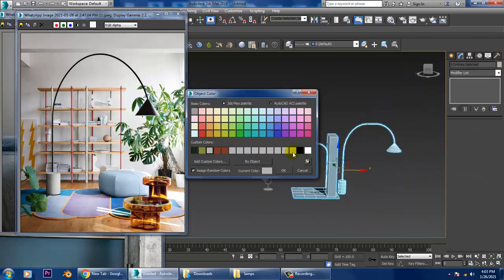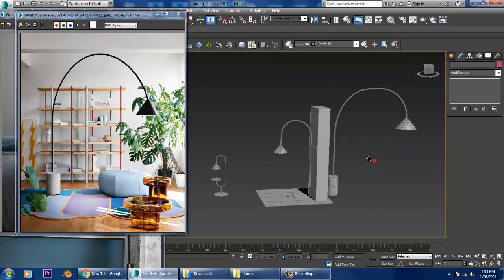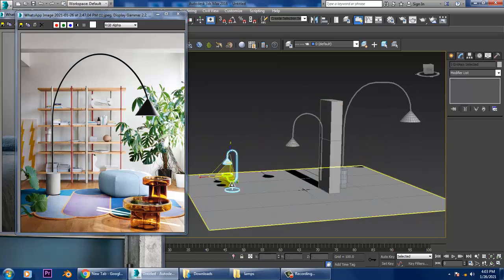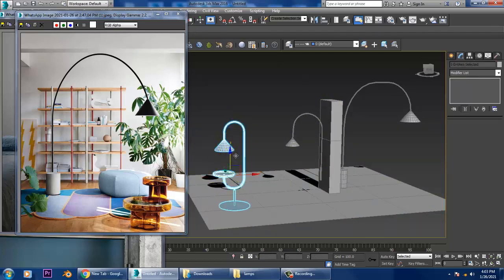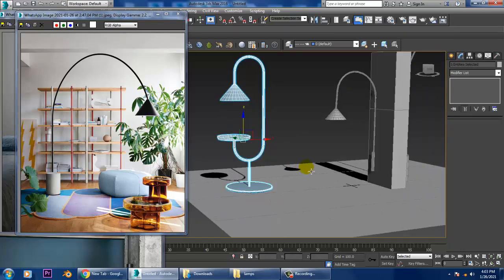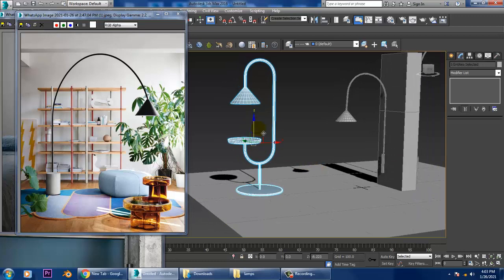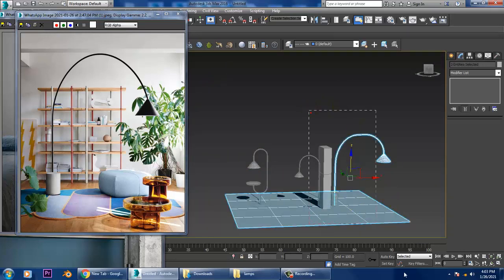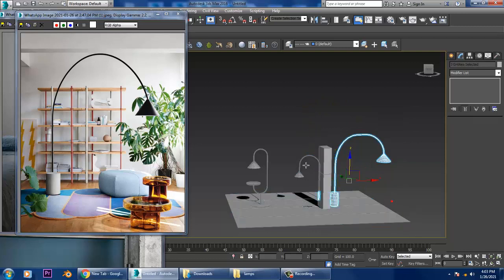Once you're done, you can see we have created this stuff. That's your kind of designer lamps. You can slightly scale it.